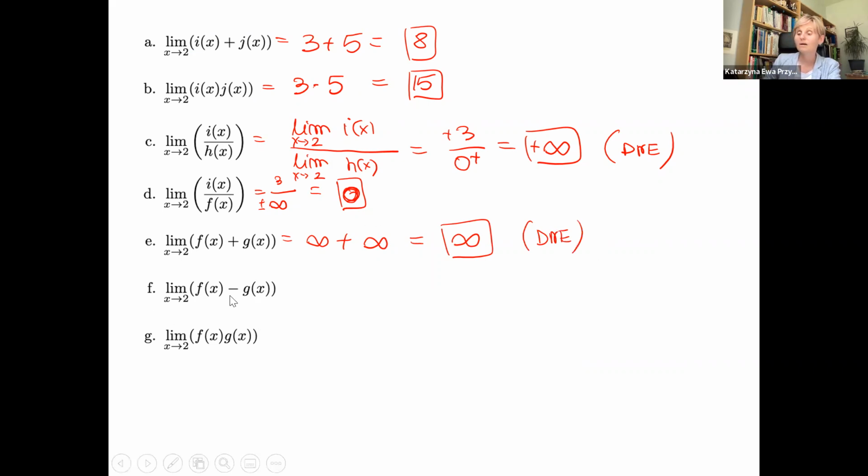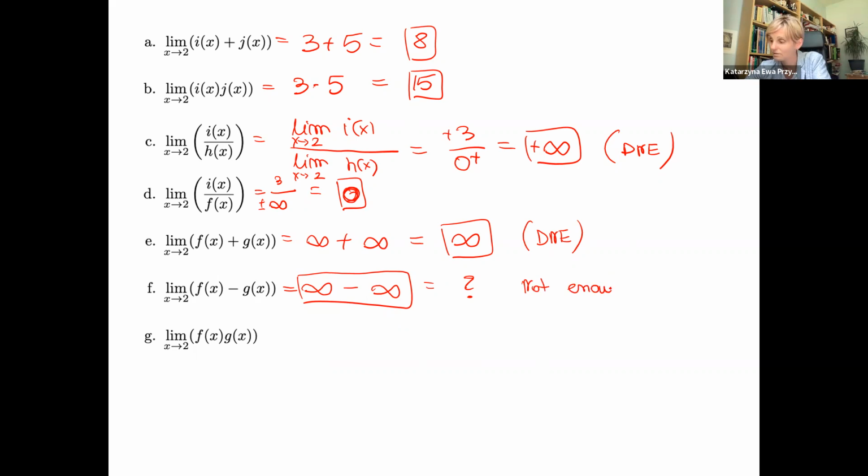Now function f of x again goes to infinity and function g of x goes to infinity. This one we have to be extremely careful. Big number minus big number, that's the problem. In mathematics, we call this an indeterminate form. At this point, we do not have enough information to get the limit. Okay, but the form is called